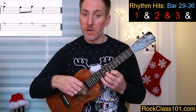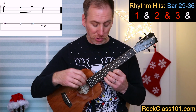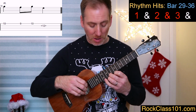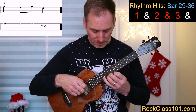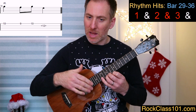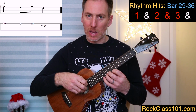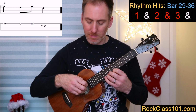Okay, and then bar 36, we do that again, but what we're going to do this time is not do the hammer on. We're just going to pick those notes without hammering on and just slow it down a little bit to the end of that bar, and it just gives it a really nice sort of finish. So we really make a point of picking that 9 back to 10 rather than hammering it. So the 2 bars together, those kind of like higher harmonic bits, 35 and 36, we would have